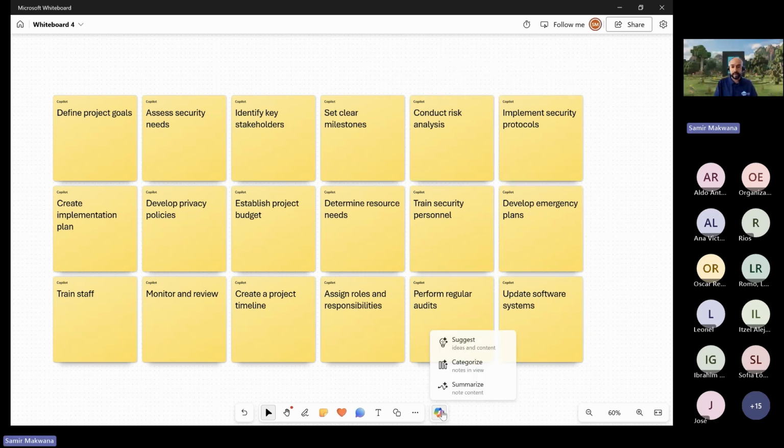Now, let me show you some cool stuff. As you can see, when we started this whiteboard, there was only one option available, was just to create the content, which is suggest the idea for the content. Now, we have 2 more category of prompt enabled. One is to categorize and another is to summarize. So let's do a categorization first, right?